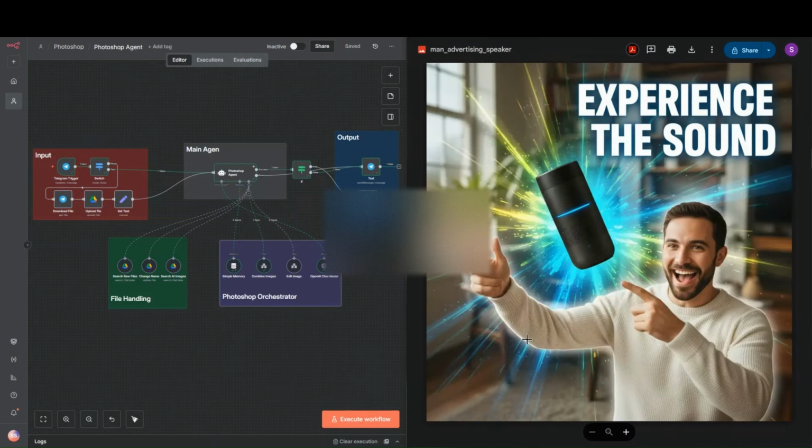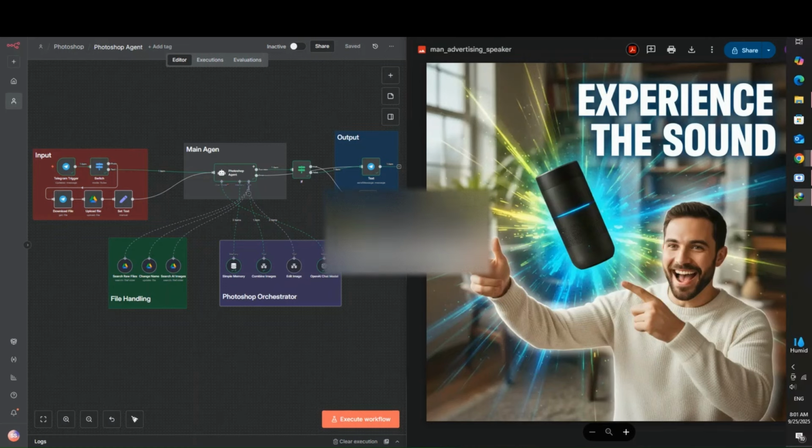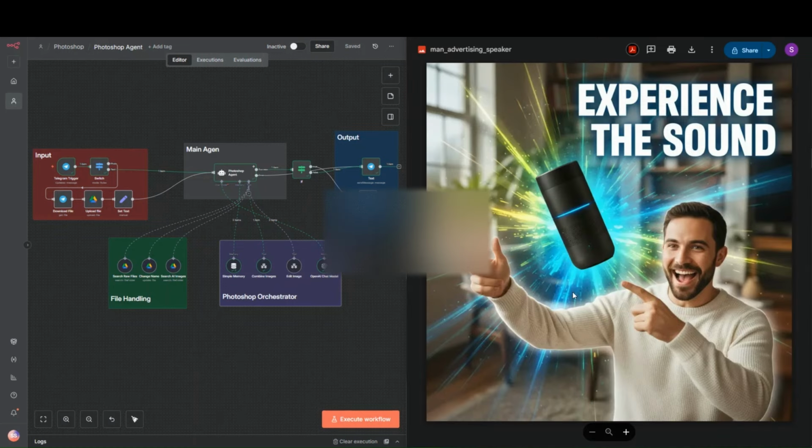Okay, great. See? So it gets the photo of the man, and it gets the speaker itself, and then it combines the images. Of course, we can make it much better than this if we just did the prompt here. It's all about prompting what we need and what to do exactly, but this is just a general Photoshop agent,